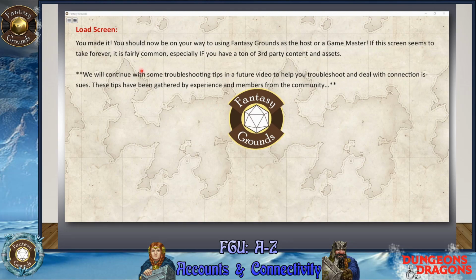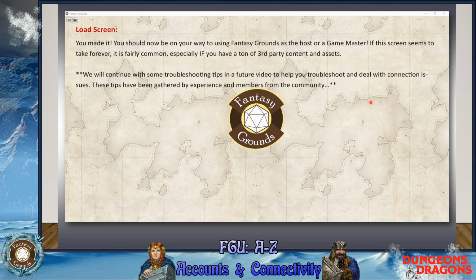Yeah, good question. So here I wrote, you made it. You should now be on your way to using Fantasy Grounds Unity as the host or a game master. If this screen seems to take forever, which this is the load screen, it is fairly common, especially if you have a ton of third-party content and assets.